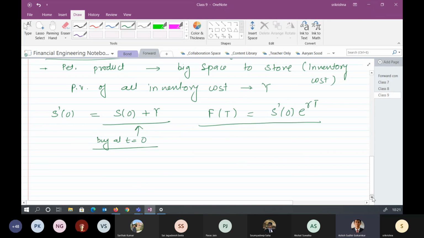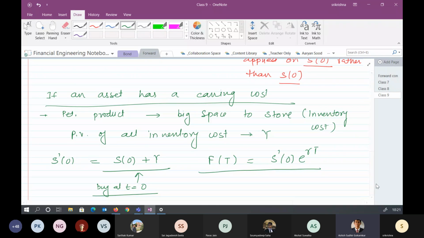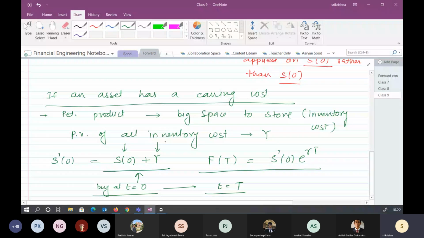When I buy it, I will be paying extra, and also for servicing I will be paying the same Y. So end of the day, it will become 2Y. If you would have bought at t is equal to 0 and you want to use it at t is equal to capital T, this is what the future contract means: you are speculating that at capital T you need that item. So when you have bought at t is equal to 0, you are not only paying the spot price at t is equal to 0, but for using it at expiry, you are also paying the inventory cost.